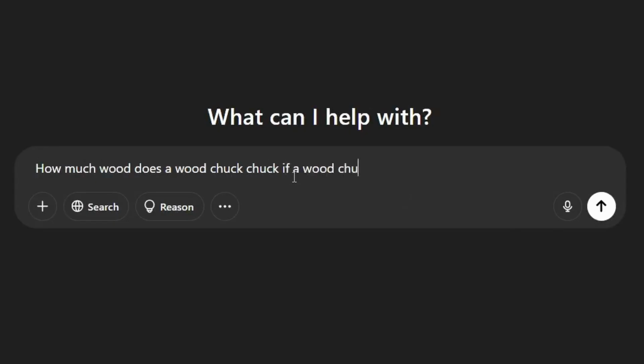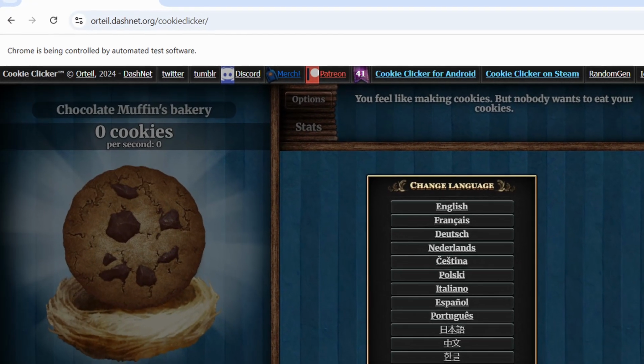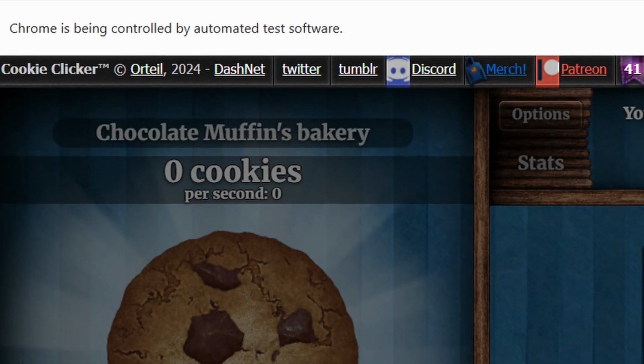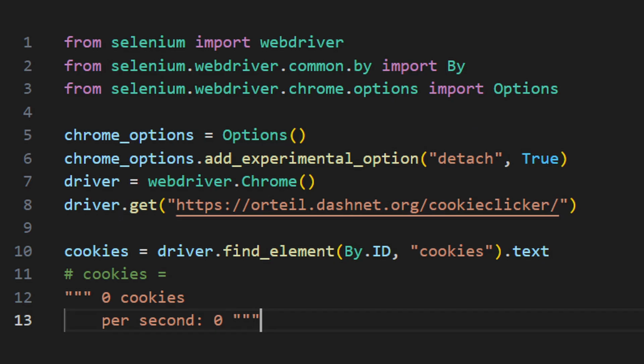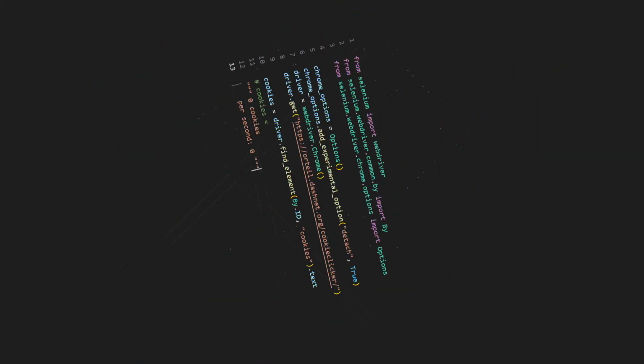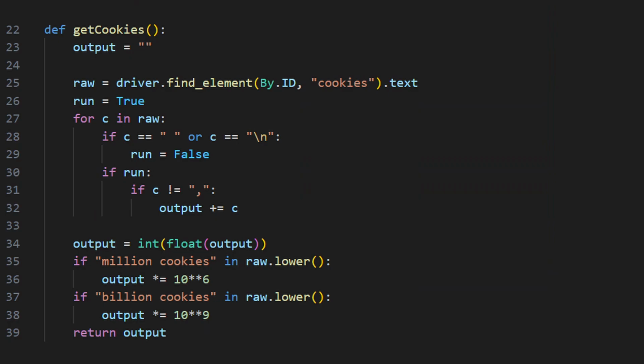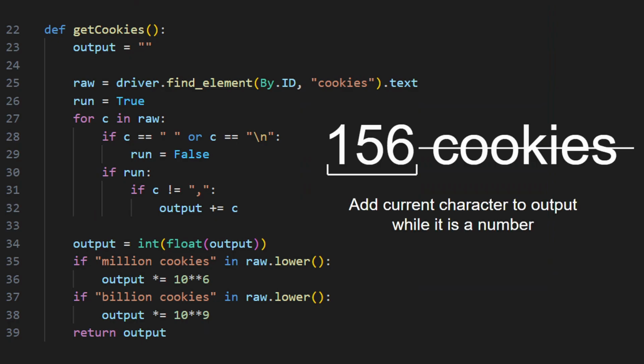After some quick research, I found another library that could open Cookie Clicker in a testing window and easily get raw text from the page. Selenium. So I made a function to get the cookie count by reading the displayed score until the current character is